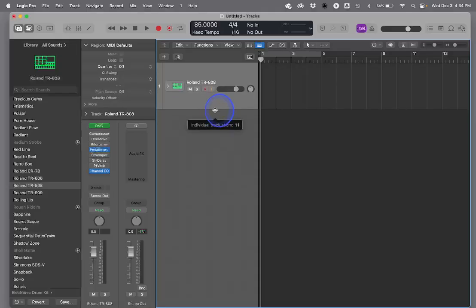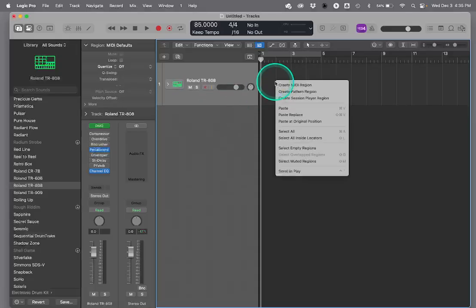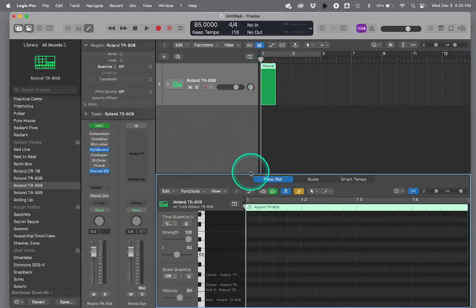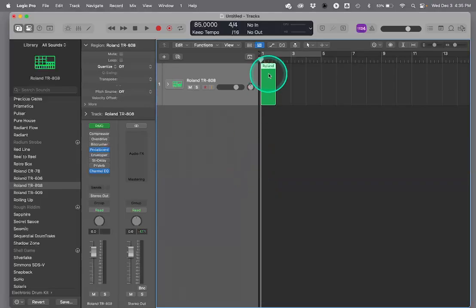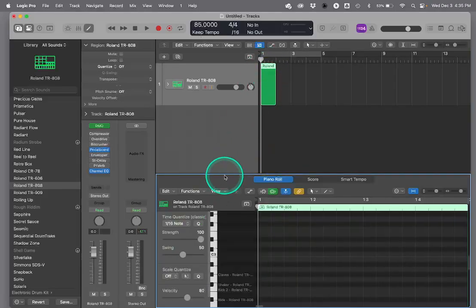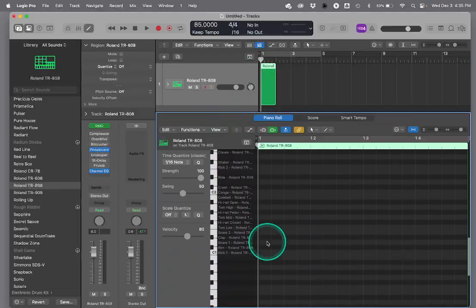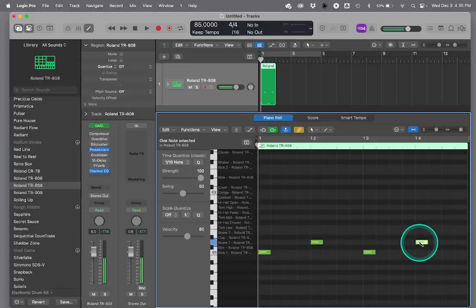And I can do a couple different things here. I can right-click and create a MIDI region that is 1 measure long and go down into my MIDI editor. And I can then sequence my